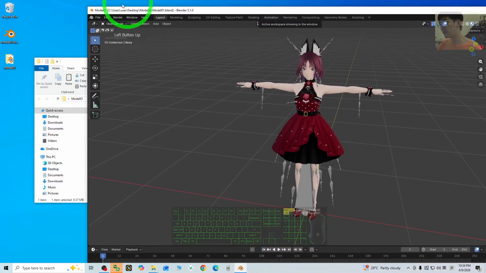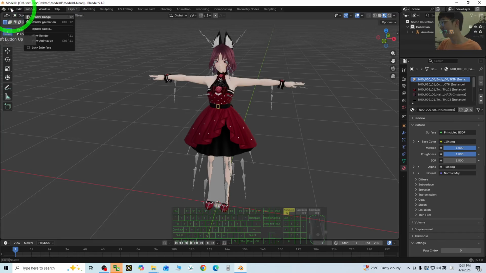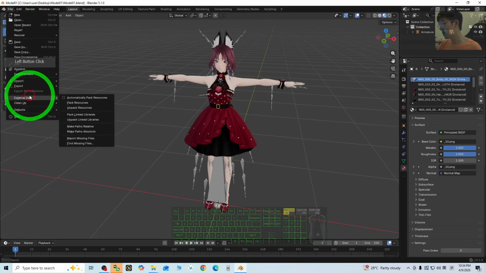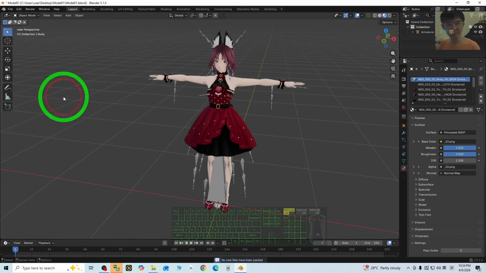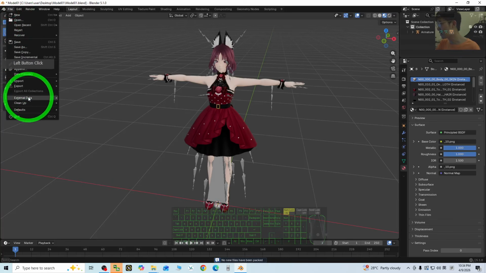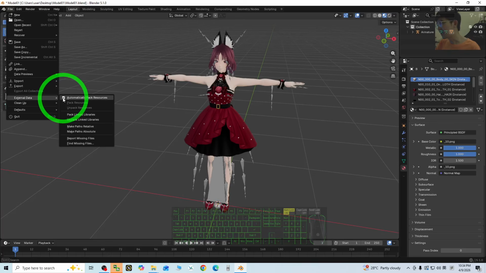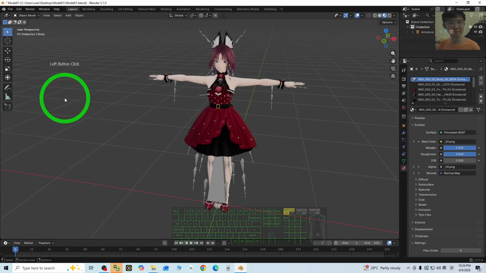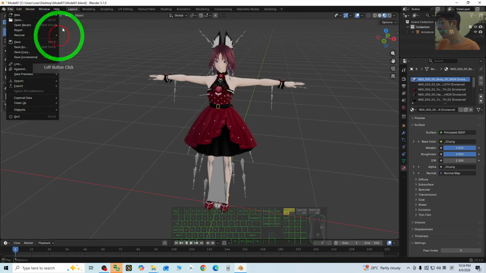Alright, first step, just click File, External Data, Automatic Pack Resources. One click. And then go another time, File, External Data, deselect it again, Automatic Pack Resources. So, one select and one deselect. So now, next,